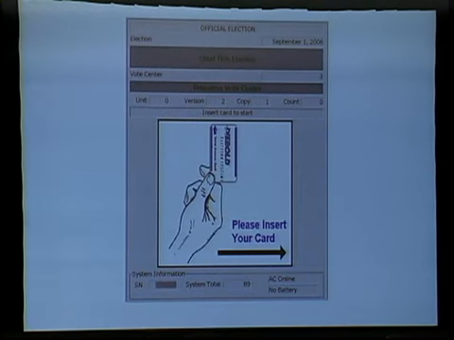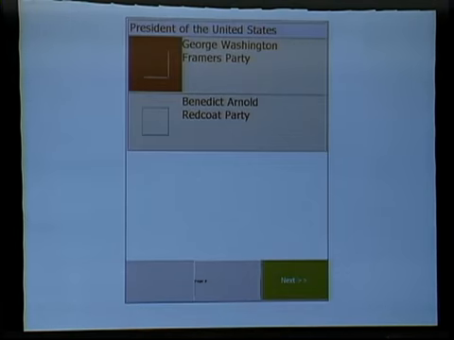So if you vote on one of these machines, what you do is you walk into the polling place and talk to the nice old ladies at the desk who sign you in, and they give you a smart card that entitles you to one vote. You take your smart card, you walk over to a voting machine and put it in. You see a screen like this. After you insert your smart card, the machine deactivates the smart card so you can't vote twice. And then it displays some screens like this. You just touch the screen to mark each of your votes.